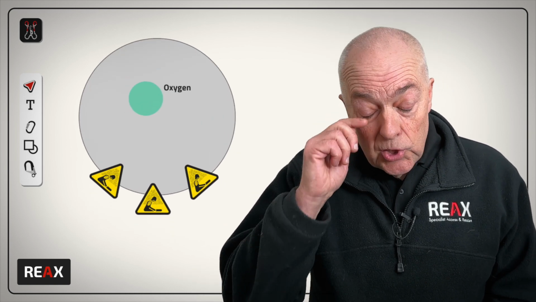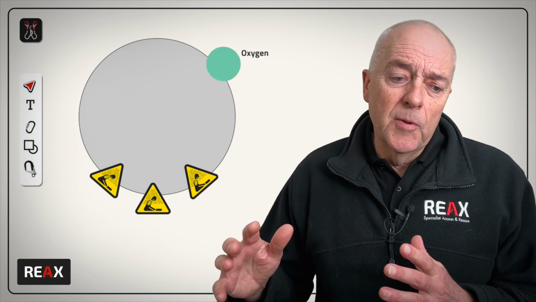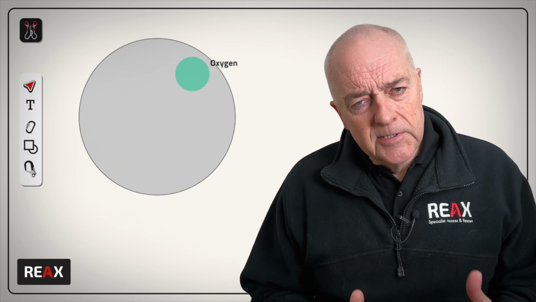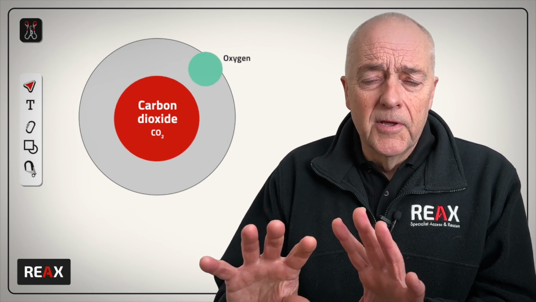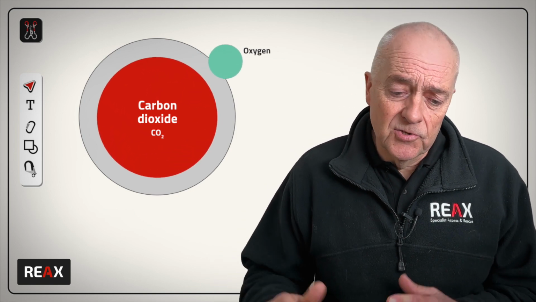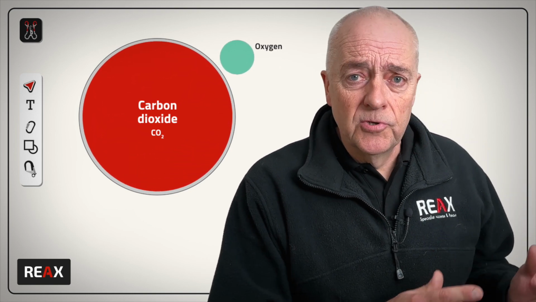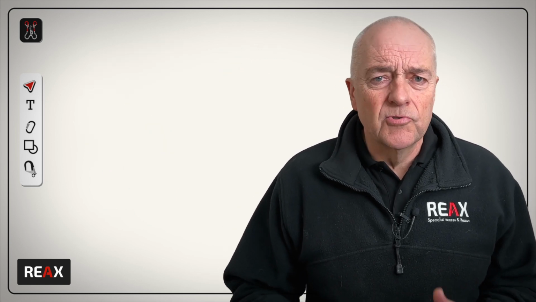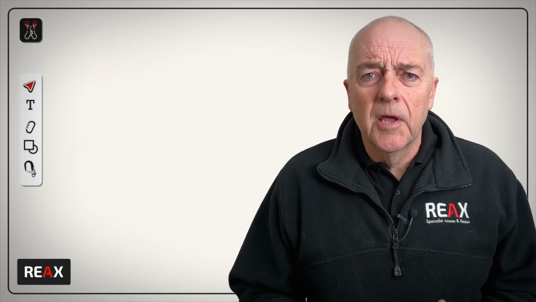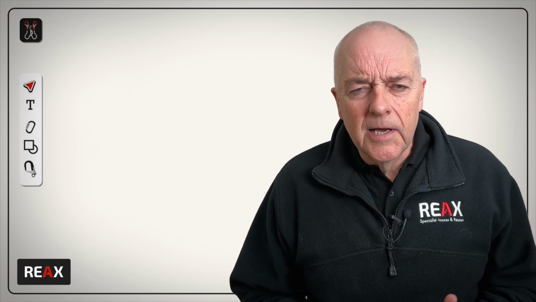If we look at asphyxiant gases, these are gases that don't actually mix with the atmosphere, but they push the oxygen out. So for example, carbon dioxide, that will extract the oxygen from our space. As the carbon dioxide comes in, the oxygen will leave the space. And again, we can't smell it, we can't see it, we can't touch it, we can't taste it. So we're working away and all of a sudden we're feeling tired or we've got a bit of a headache and we're not aware of the fact that our oxygen levels are dropping.